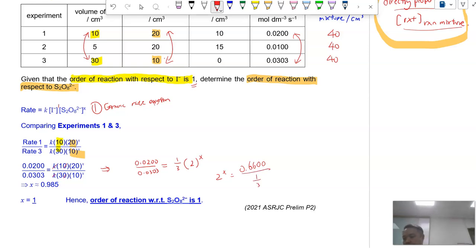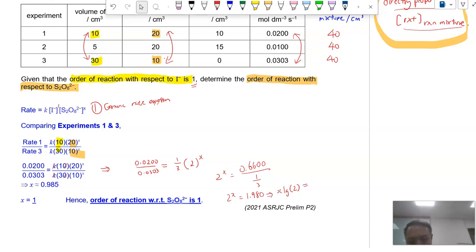And once you solve for this, you get 2 to the power of x equals 1.980. Alright? Okay? And from there, when you take log on both sides,